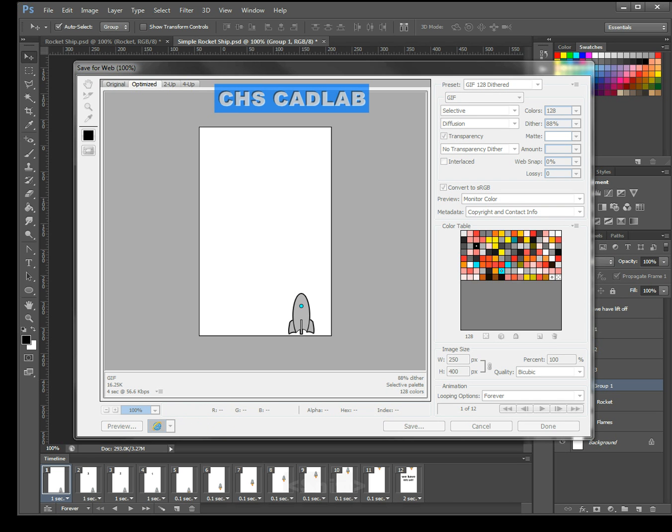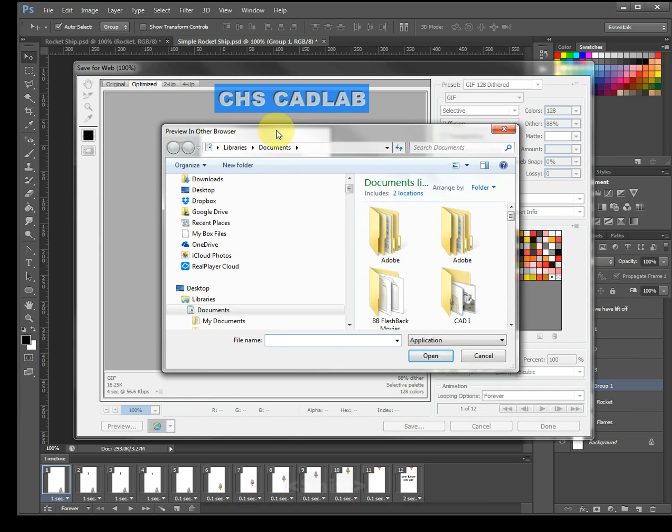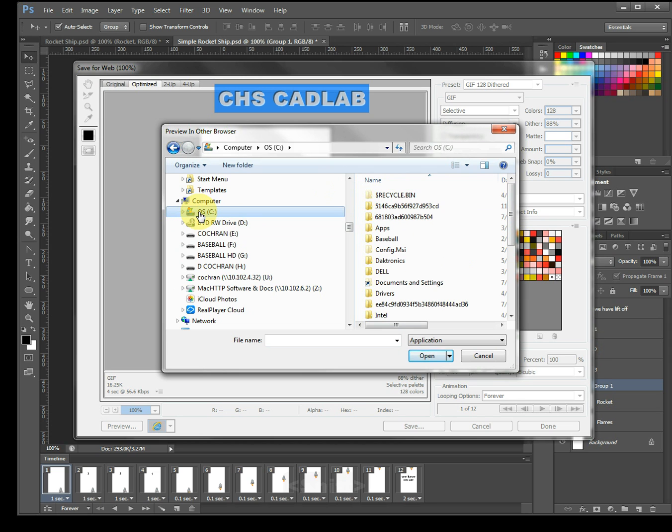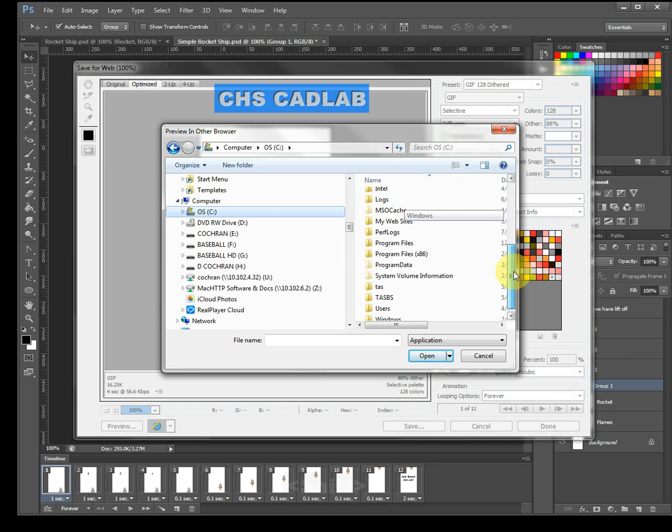That's going to bring up a dialog box. You want to navigate to the C drive or the hard drive. Right, and then in this hard drive you want to go to Program Files,